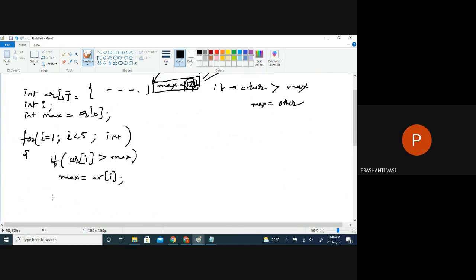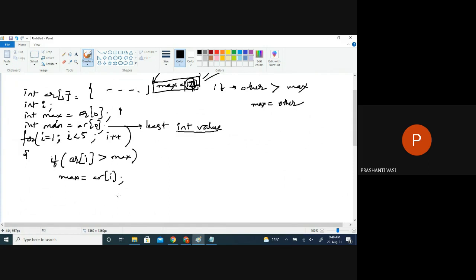Yeah. Same concept I can do with min also at the same time. I don't have to traverse twice. I can finish both the tasks at once. See, you can take a least integer value also, instead of taking AR of 0, least int value. I'll tell you next class what this is. And you can take a largest value in this one. Fine.